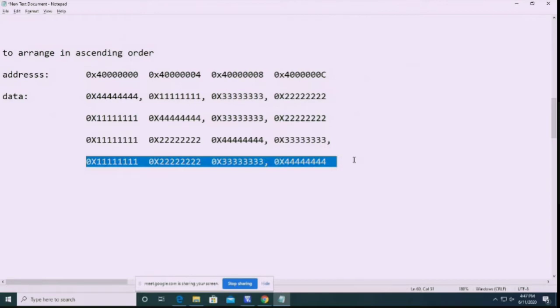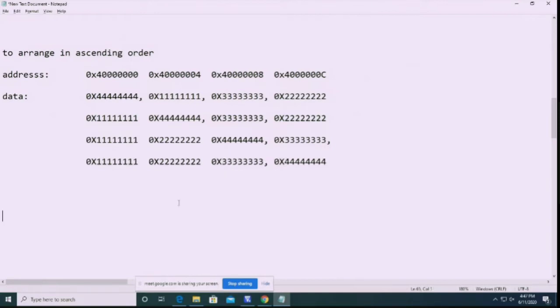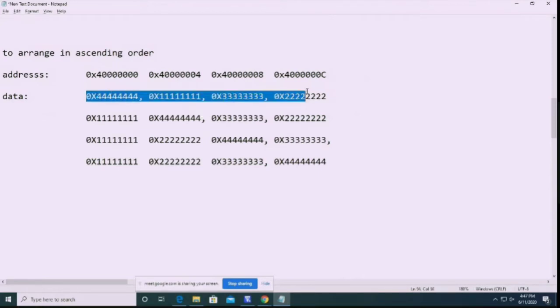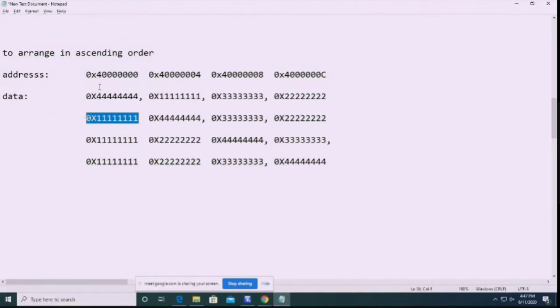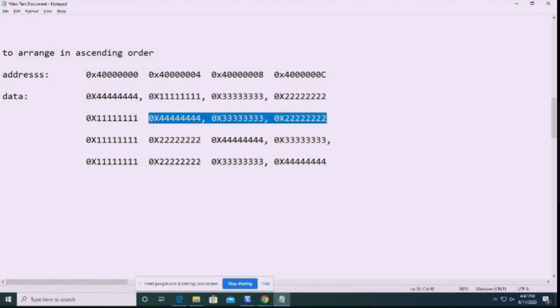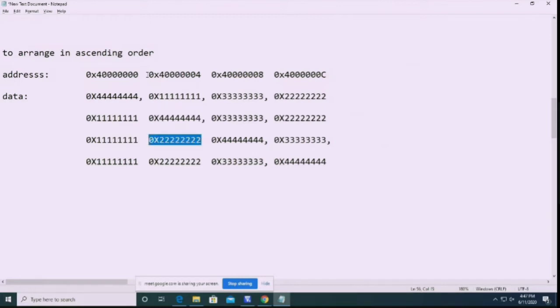So this is how we are arranging. How many times are we doing this loop? We are doing this 4 times. The first time we'll copy this same value to this address. Next we'll find the smallest number and save it in the first value. Next, in the remaining 3 numbers, the smallest number is kept in the next address. Next, in the remaining 2 numbers, at the next address we'll save the smallest number, this one. Next the remaining number will be the largest number. So this is how we'll arrange the values in ascending order.